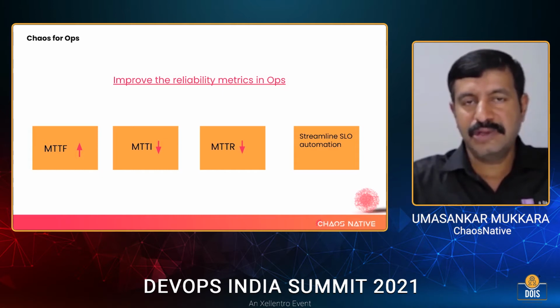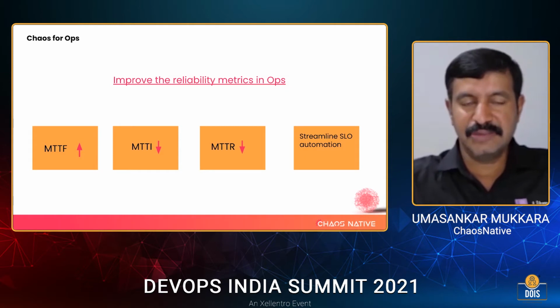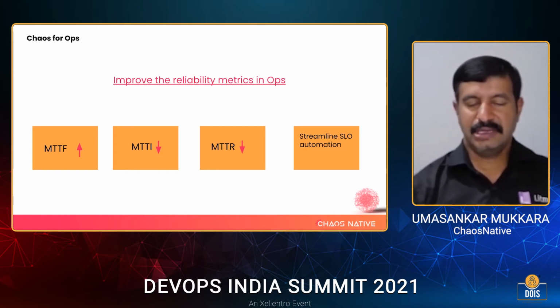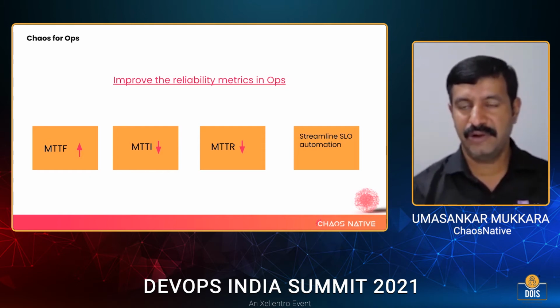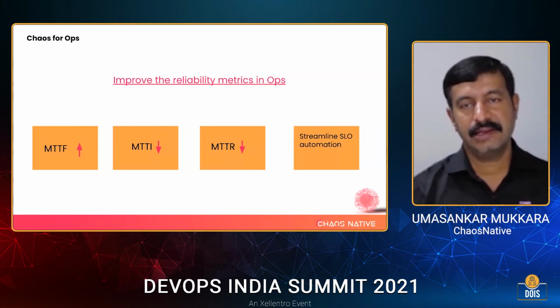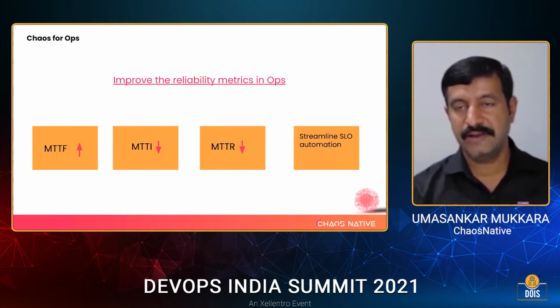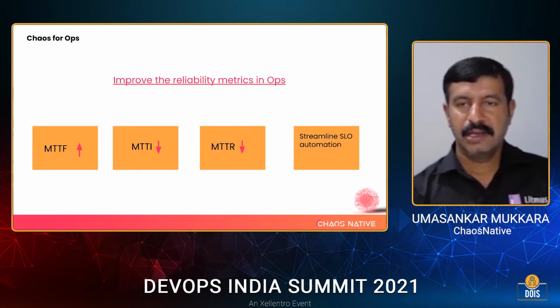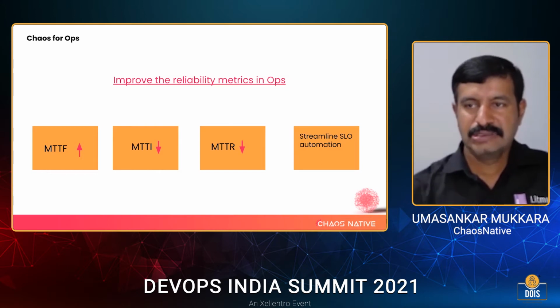So how do you put together these faults and see if my system can sustain them or not, right? So that's mean time to identify a fault or inject a fault, and that's very, very important. And that's what a well-designed chaos engineering practice can help SREs do: inject a fault at will. So overall, these metrics will start improving over a period of time.